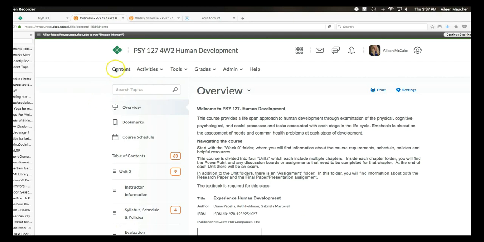So the first thing that I want you to do is just familiarize yourself with this bar up here. This help icon right here is what you want to click if you're having any tech issues whatsoever. If you're having trouble accessing content, if you're having trouble uploading assignments, you just want to click right on help, and that way you're able to get in touch with tech support, and they're excellent. They'll be able to resolve your problem quickly.